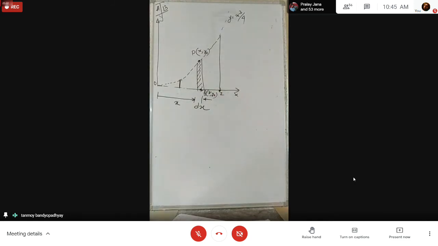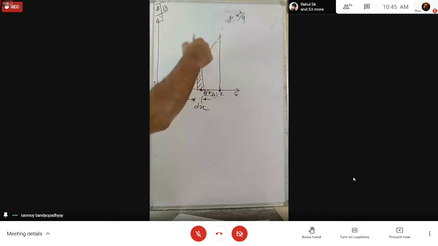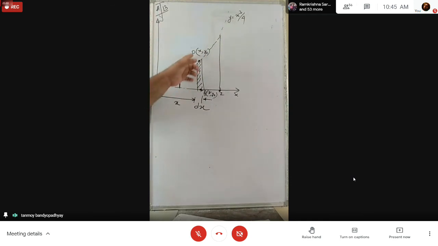the elemental area. Since you will be doing everything based on the elemental area, you have to consider the points that lie on the elemental area itself and on the curve. Unless this point lies on the curve, you cannot replace this x and y using the equations of the curve. So if I take a point P here, I cannot do this substitution for x and y1. That is why I am considering a point P that lies on the curve, and if we have two curves, we take 2 points P and Q lying on the curves themselves. In this case, the other curve is actually the x-axis. Okay?